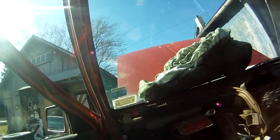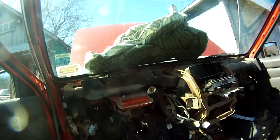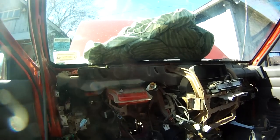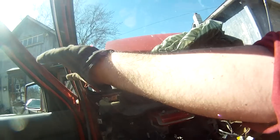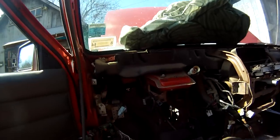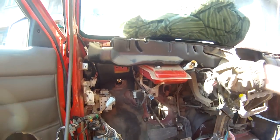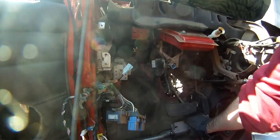Don't forget, you have to remove the A-pillar trim. I got hung up on that. I was just not thinking straight, I guess, and I'm sitting here banging my head on the thing, and it just turned out that the A-pillar trim was the only thing that was blocking me and in my way. In order to remove this AC tube, that's our climate control tube that's in the way, you have to